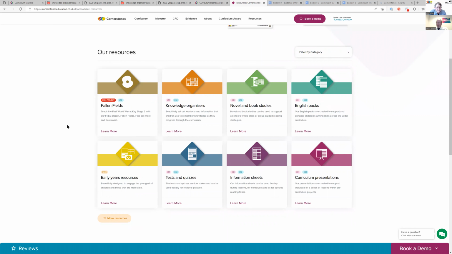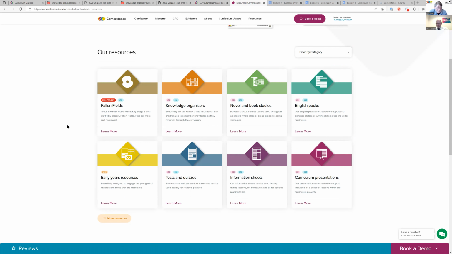We can say what we've got may help them, it may not, but it usually does. And we can say, right, this is how it would work for your school in your situation. This is how you would use Maestro, and that is beneficial. So it's a form of continuous professional development for staff in that school because they can see how it's organised and whether the resources of Cornerstones will add to that.